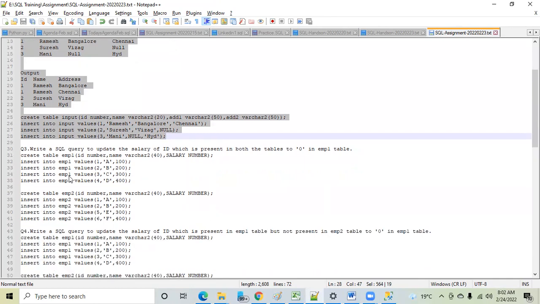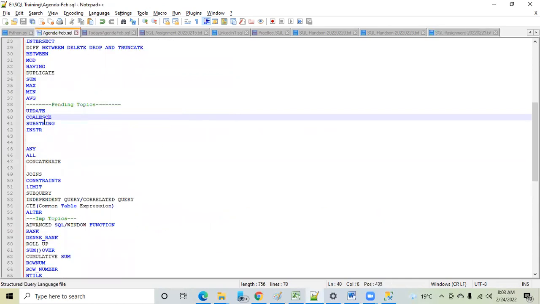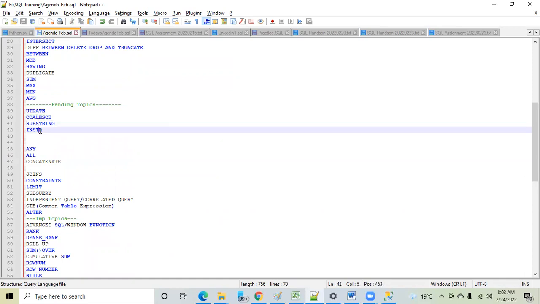Then some other questions as well. You know the concept of minus, intersect, joins. So try to understand the difference between them. What's the difference between minus and not in? Then the difference between intersect and joins. Tomorrow I will give an assignment based on this. So work on that, and then we will start with the next keywords: coalesce, substring and string. Okay, fine. Any question, guys?